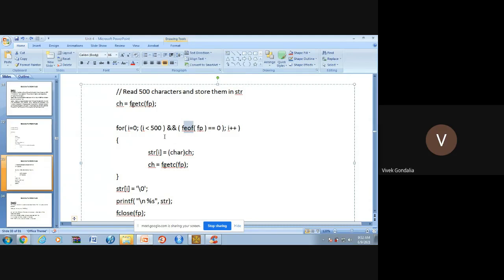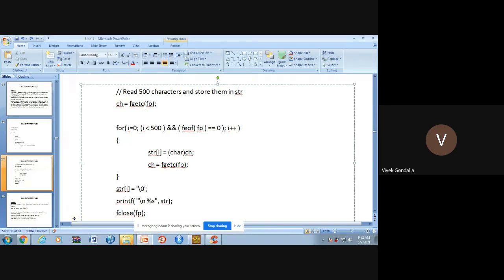And suppose in my file only 300 characters are there, it will read 0 to 299. But whenever position 300 comes, it will give you the non-zero value and it will stop the execution of the loop. Clear? So the first condition is for when the data in my file is sufficient, but if the data is not sufficient, it will check this also. If both conditions are true, then it will run this loop.